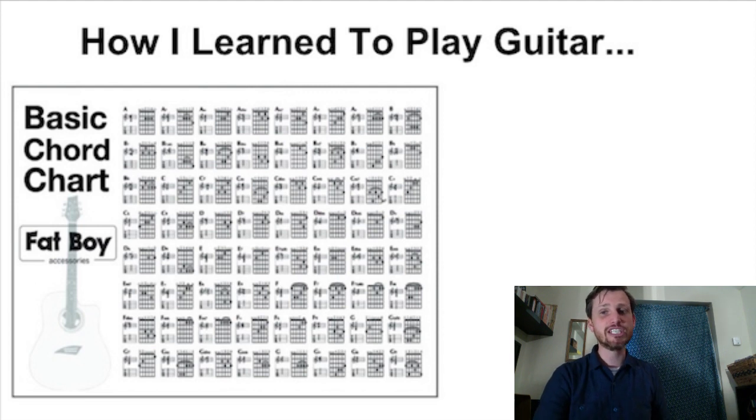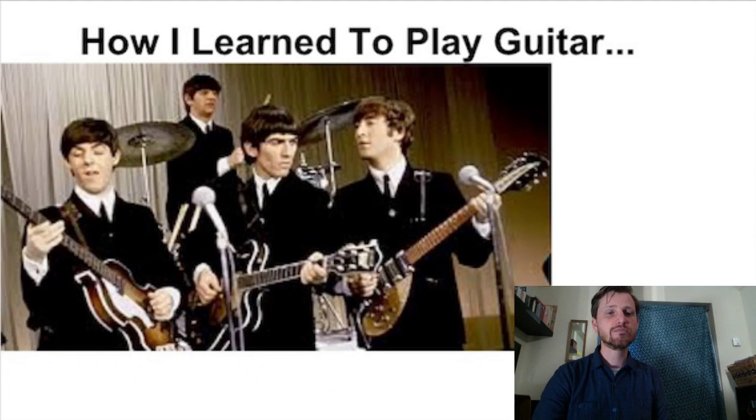I practiced these chord changes solidly for a couple of weeks, and sure enough, it meant I could change between these pairs of chords much easier than any of the others. So I started looking for songs that had some of these easier chord changes in. It took me about 2 weeks to find a song that worked, but very soon I could play Eleanor Rigby and I was blown away. I was doing just 4 simple down strums on the chords, but I was so pleased because I could literally play my first song on guitar. And all I did was use this one little trick to keep one finger in the same place, and it completely unlocked my first song.